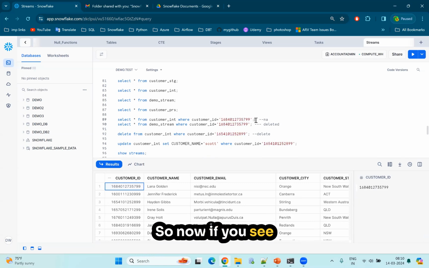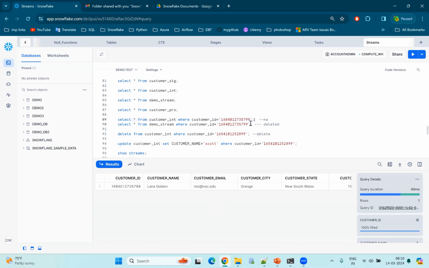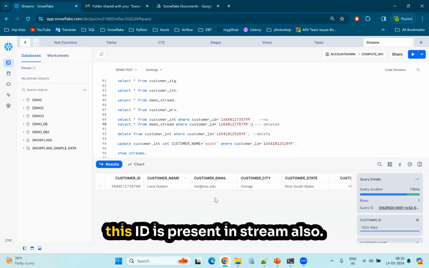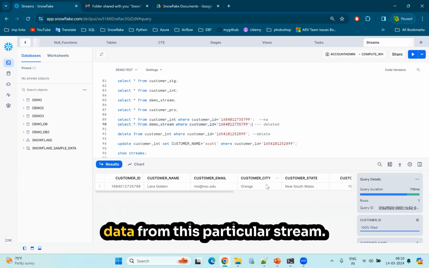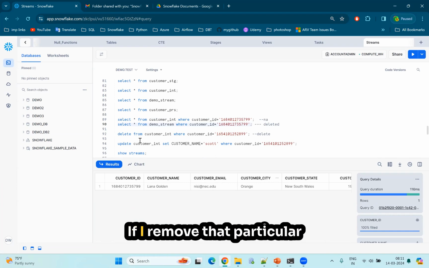Okay. So now if you see, this ID is present. This ID is present in the stream also. Okay. So now I didn't consume this data from this particular stream. If I remove that particular record from the table,